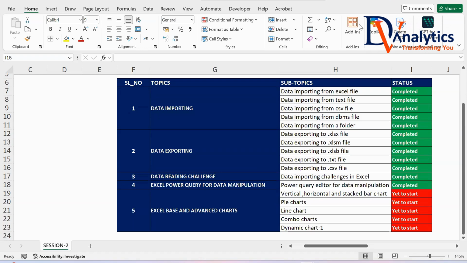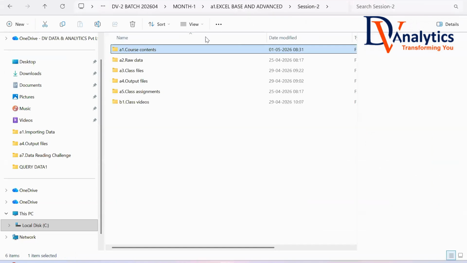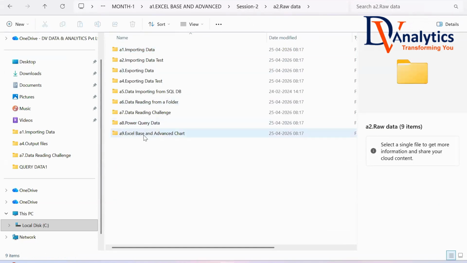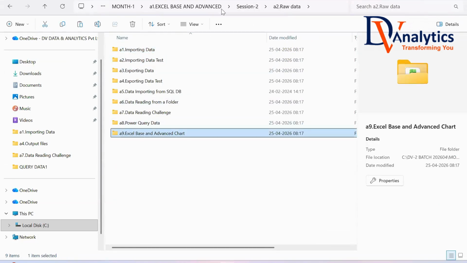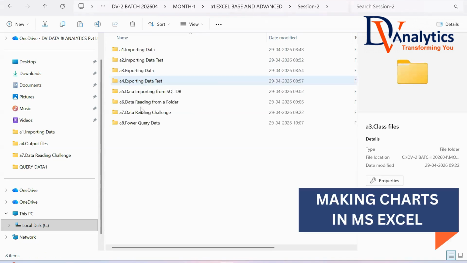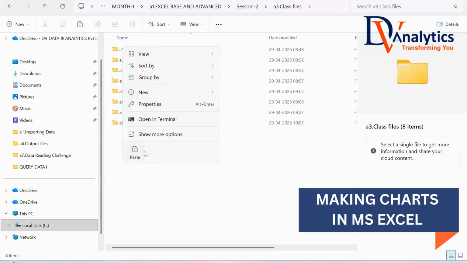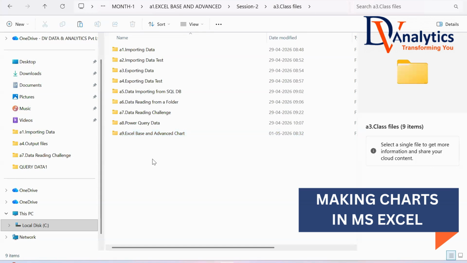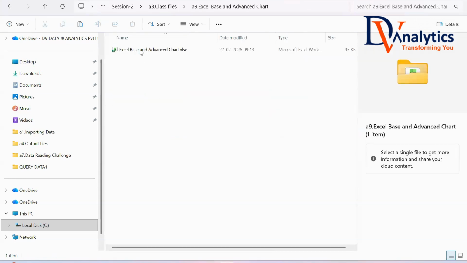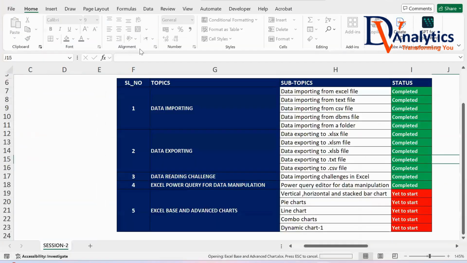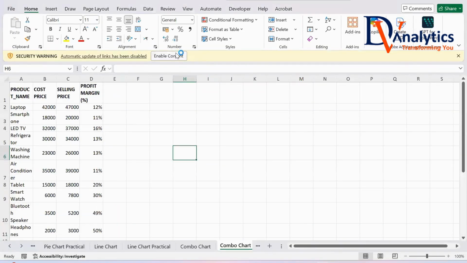Now let's move on to the class here. Going back to raw data, I'll copy this Excel base to advanced charts. I'll go to the class file and paste this here. Now what I have to do, guys, is open the file called Excel base and advanced charts. What I'll do first is go for